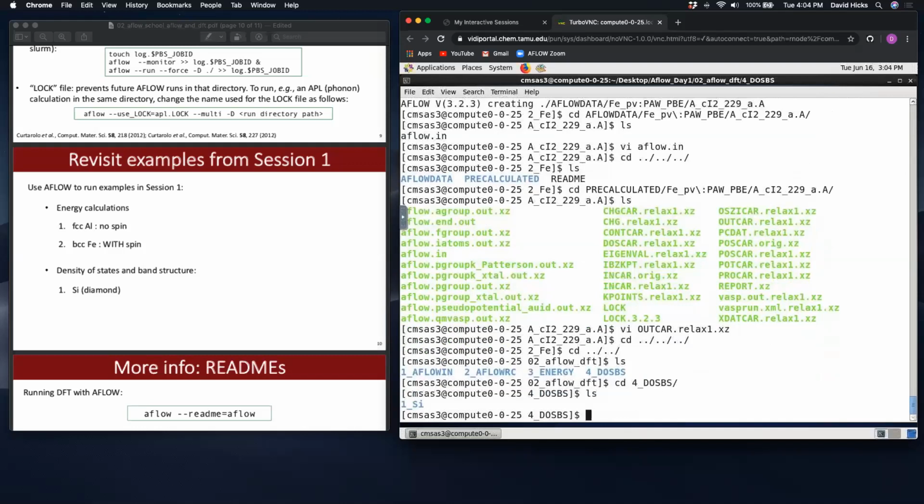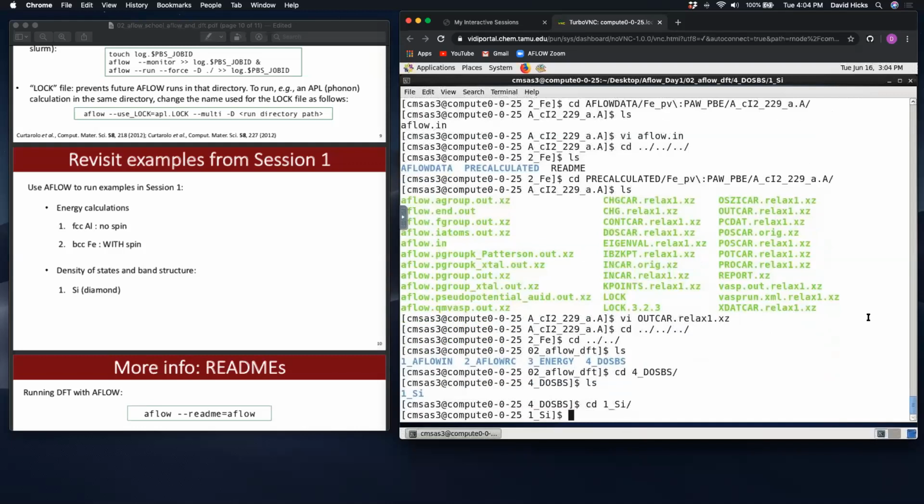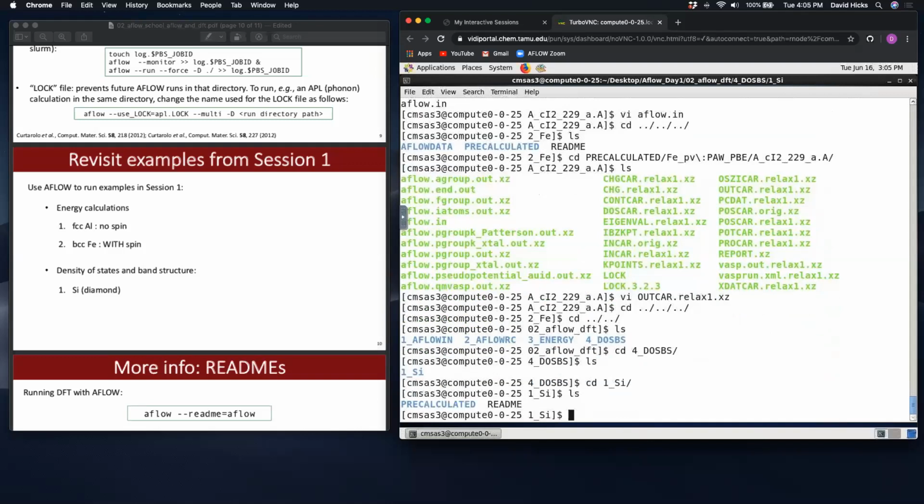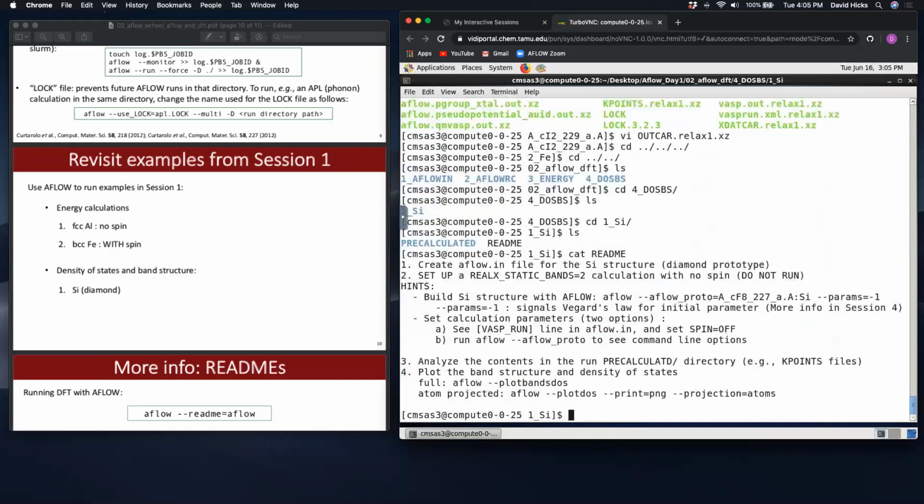Here we have the silicon directory. So cd silicon, and then ls to see what's in here. We'll cat the README. In this case, it's the same procedure as before, but we're going to create the silicon structure. But before we do this, I want to show some functionality, in case you want to know if there are extra options that you can add in the command line. To see this, I'm going to type aflow